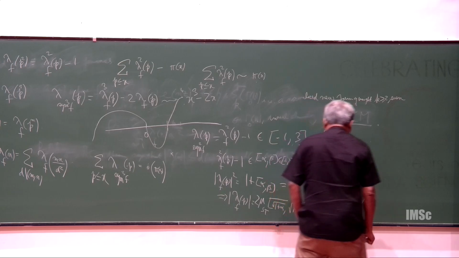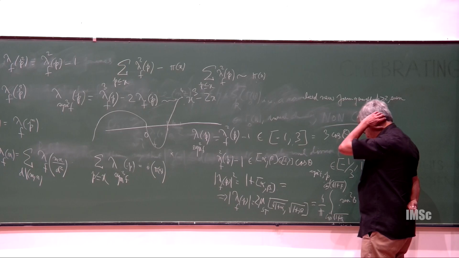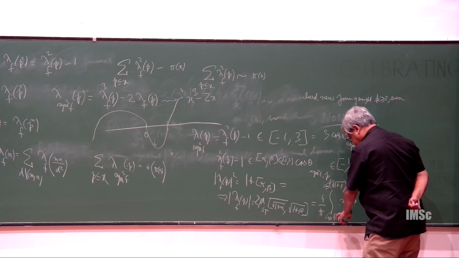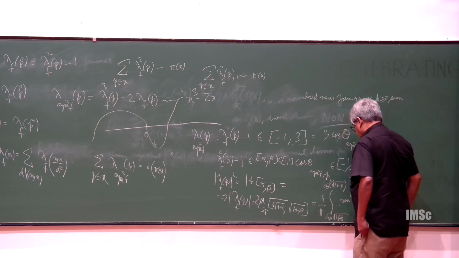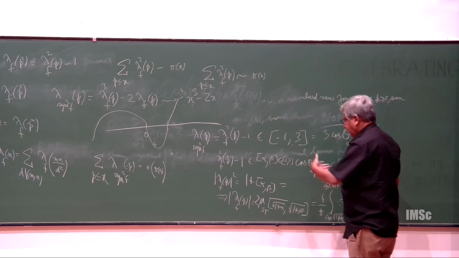So you have to compute an integral like this. Let me see if I put the limits correctly. No, this should be below. This is smaller. Okay. So you can explicitly compute this and show it's positive, and you need it for